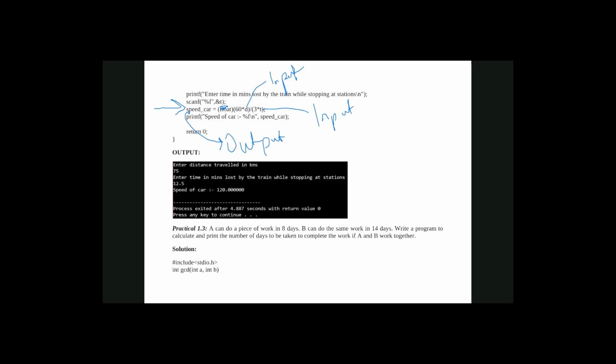So one output is there. So is this clear, Ishan? Ishan, is this clear to you? Yes, sir. Okay, fine.